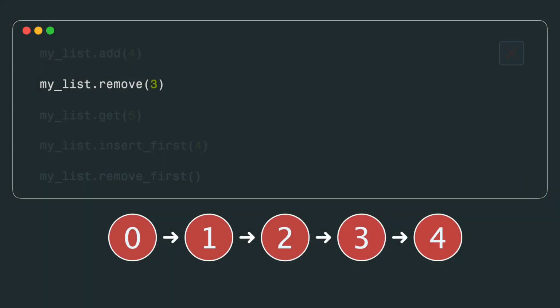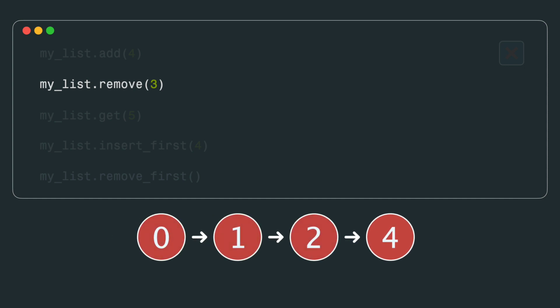So as you can see, the inefficiency in removing a node from a linked list lies in the process of starting from the first node, the head, traversing through each node until we find our target, and only then updating the reference to bypass the node we want to remove. Removals from a linked list are not efficient.